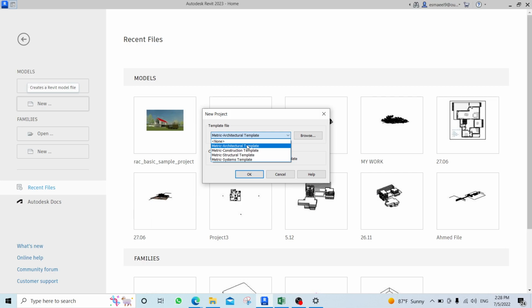For us, we care about the architectural template. What is the architectural template? Simply, it's the environment where the architect should work. So in the first step of each project, click New, then Metric Architecture,